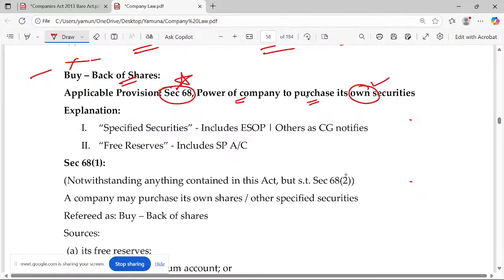We cannot use the term as purchasing our own securities, but the applicable provision 68 says you can purchase your own securities. Okay. See, not only my company, if this relationship exists between two companies, holding and subsidiary, even a subsidiary company cannot buy shares in the holding company. There's a restriction over there. Okay. Holding company will hold shares in the subsidiary company. How much shares? At least 51 shares. Okay. In turn, if the subsidiary company is having 51% shares, now tell me which is holding and which is subsidiary. There are no such provisions. It cannot hold. There is a prohibition for a subsidiary company to hold shares in the holding company.